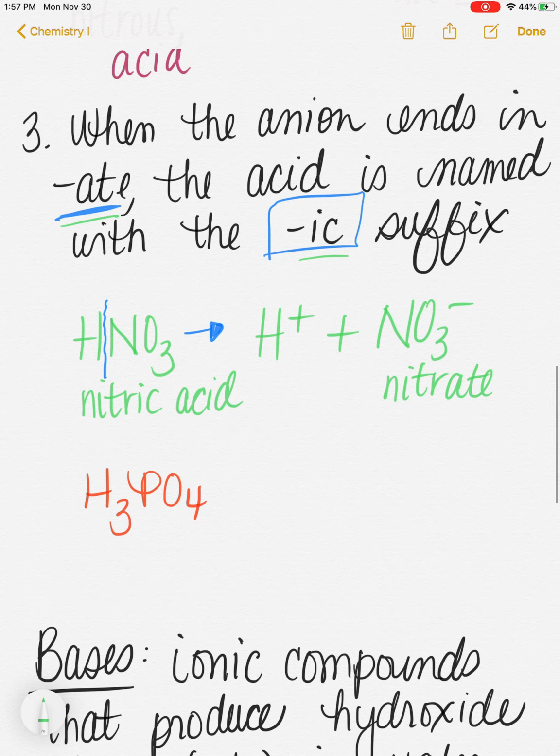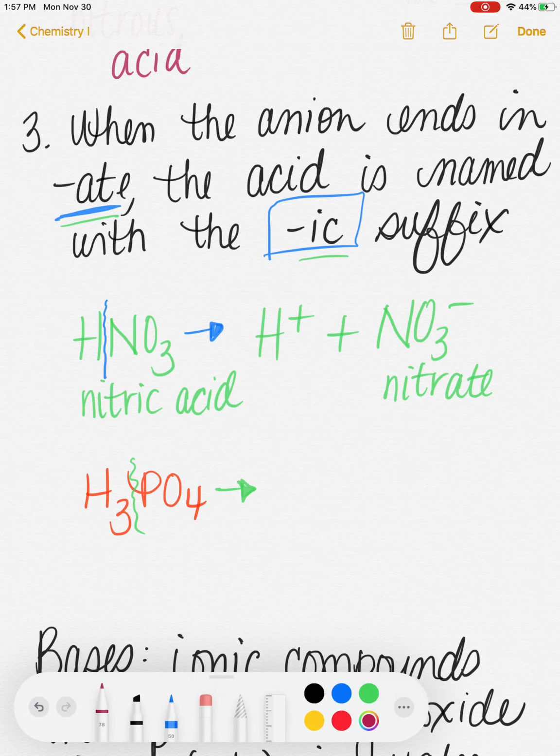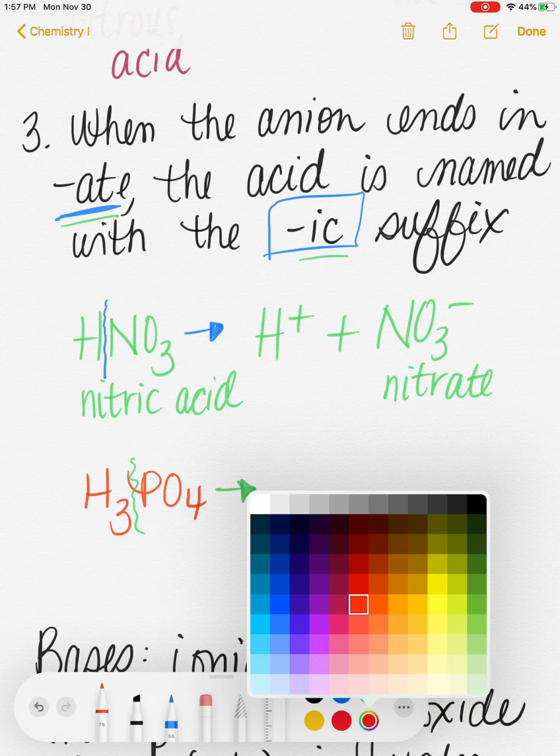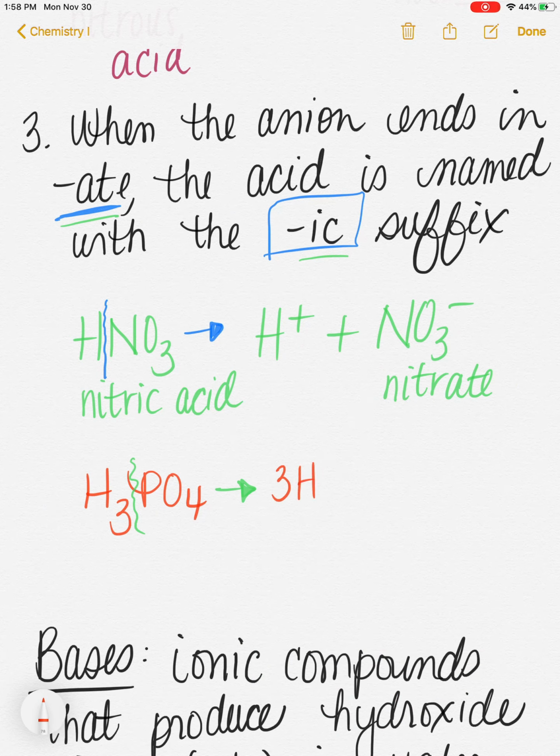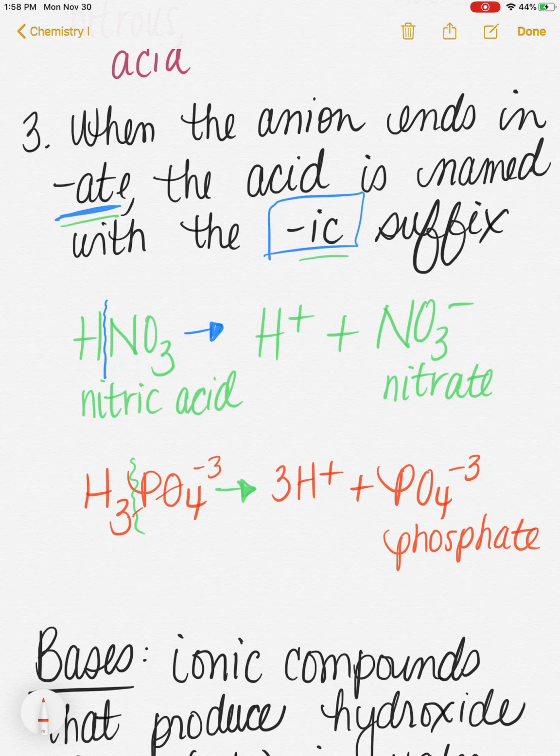Let's take a look at H3PO4. Again, we divide off the hydrogens. This time, there was a subscript of 3 next to the hydrogen. So that means that there are 3 H+ ions that are going to be made. And you have a PO4, and that 3 originally came from the fact that it's PO4 3-, because we would uncross this. So PO4 3- is named phosphate ion. Ate ions become ic acids. This is called phosphoric